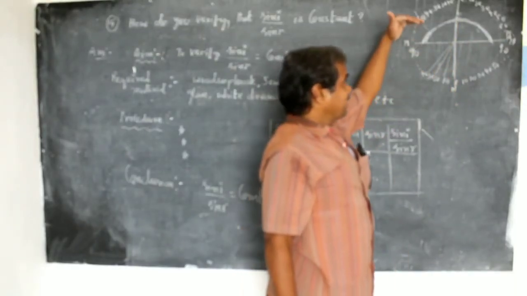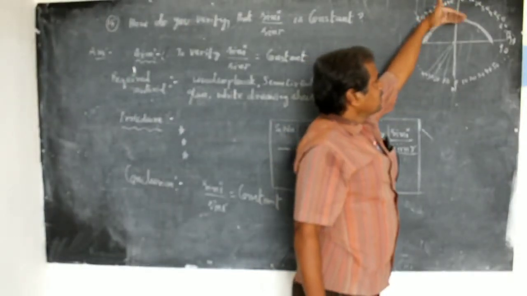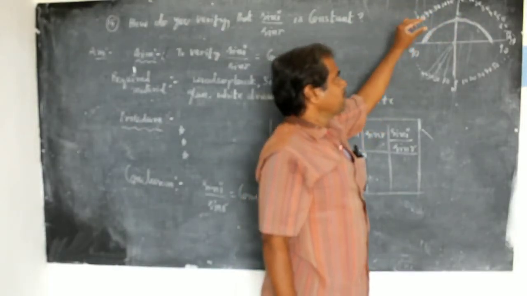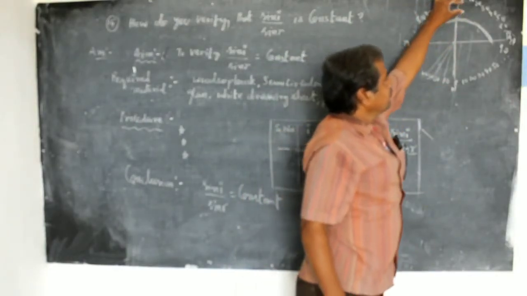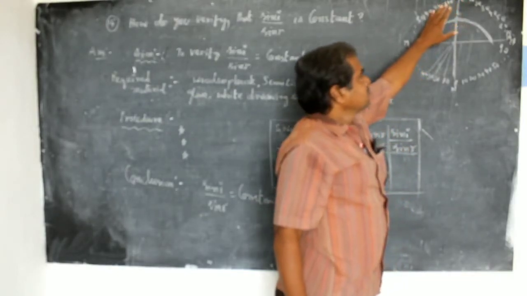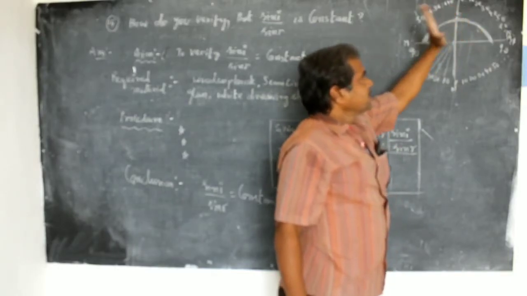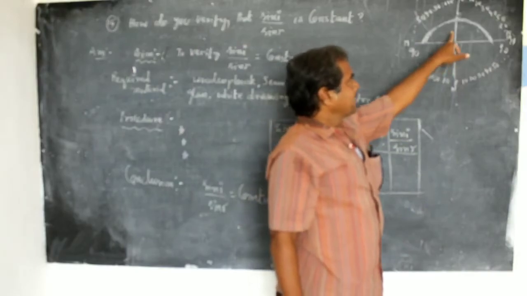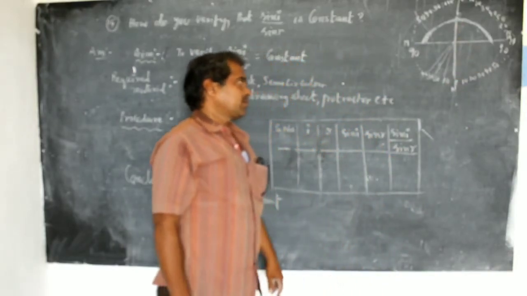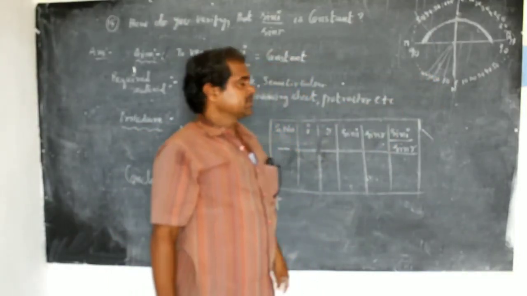Okay. If you are not able to see the refracted ray at the other side of the semicircular glass, place a small wooden piece coated with black color there, and you get the direction of the refracted ray. From that point you draw the refracted ray and measure the angle between the normal and the refracted ray. Do this activity for more angles: 20 degrees, 30 degrees, 40 degrees, like that.